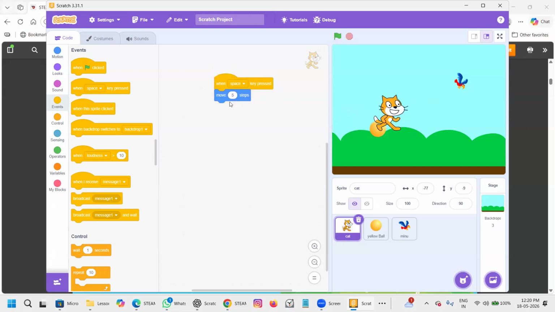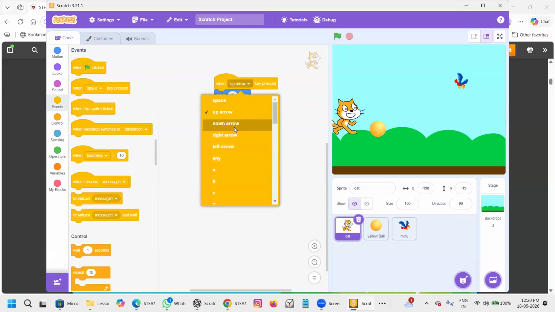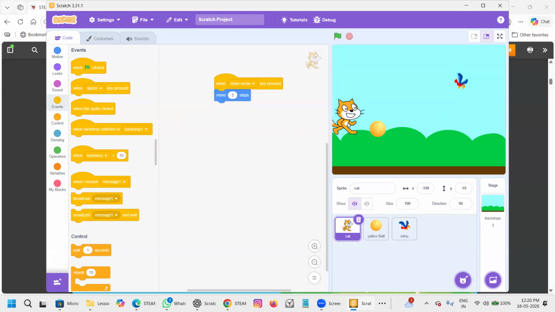Okay. There are many options over here now. You can use the space bar or you can use the arrow. Now I'm using the arrow to move. See, I wrote here up arrow. So with the up arrow, it is moving. Now I will show you the next one. Down arrow. Down arrow actually should go down, but I have not written that. Okay, we'll show the right arrow. When you use the right arrow, it is moving in the right direction.